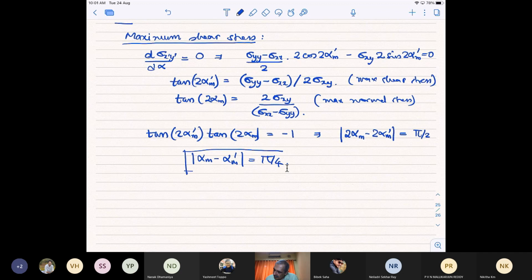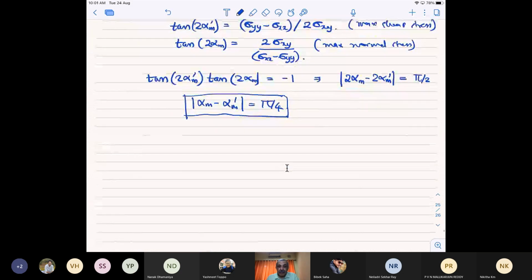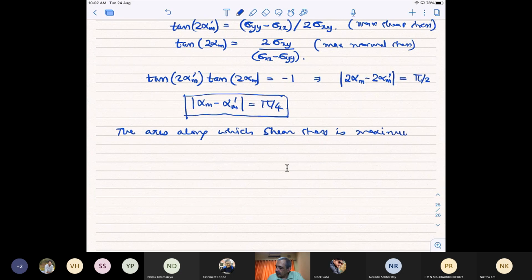So what it says is that if you are looking at the principal axis, then the axis along which sigma or shear stress is maximum are at 45 degrees to the principal axes. Principal axes are those where the